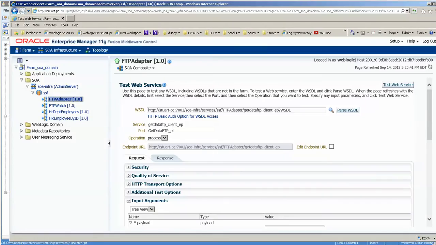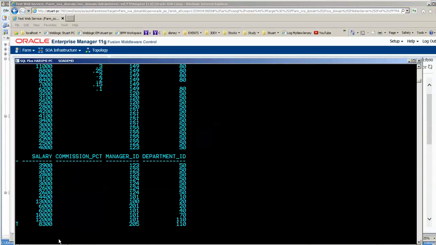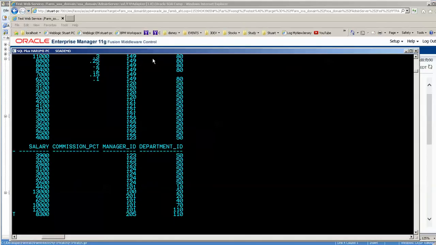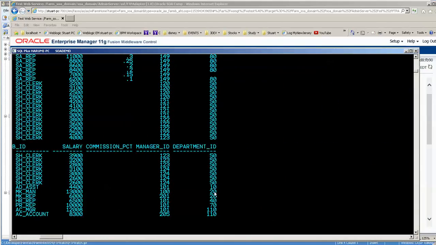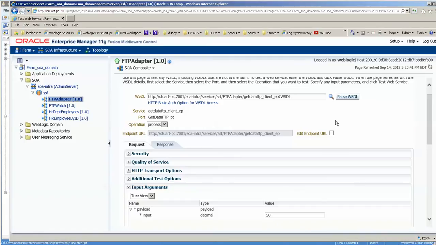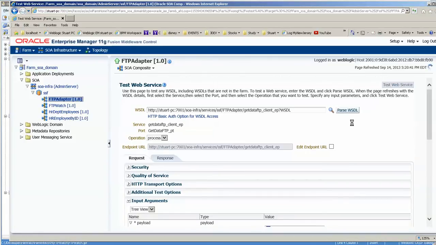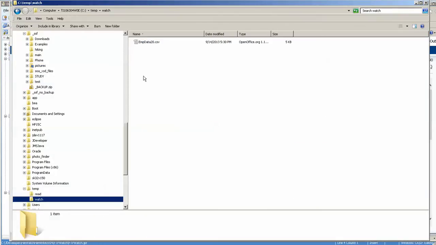Okay, here we are in Enterprise Manager, and let me just show you quickly the data that we have. This is the output from the employees table. And you can see that over here I have the department ID, and I'm going to run it with 50 first. You can see that there's quite a few records with 50, and there's quite a few with 80, and we'll run both of those. The first time we're going to check it here, and that's 50, and we run it. Let's see if we can't go out. There's the file,